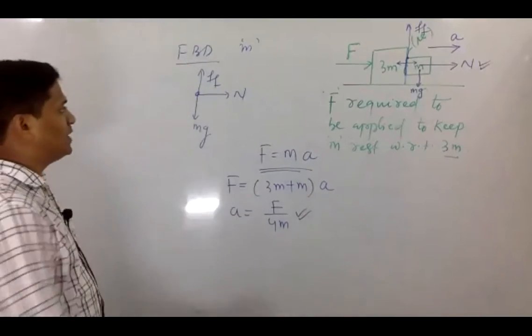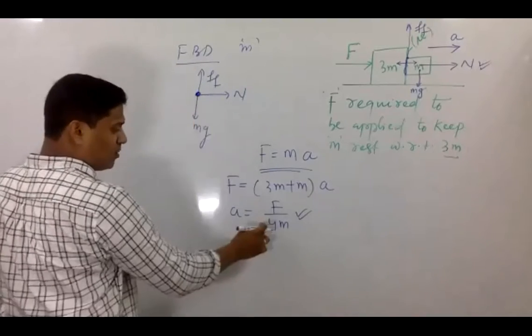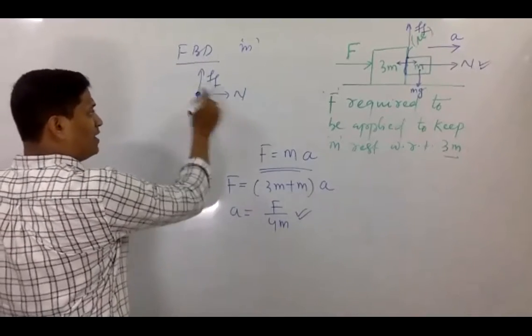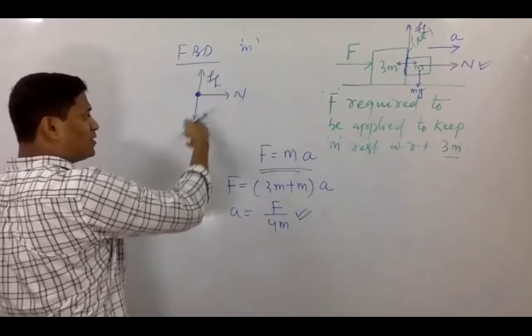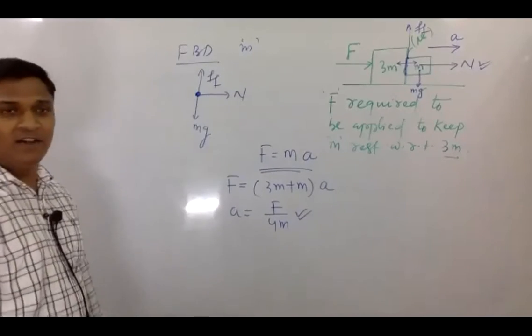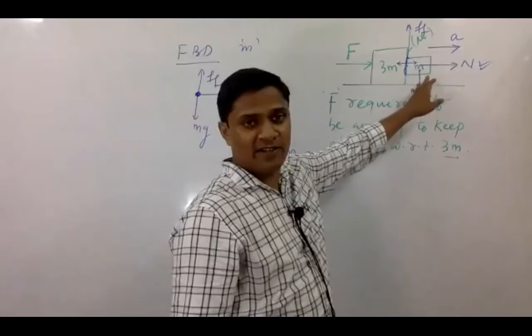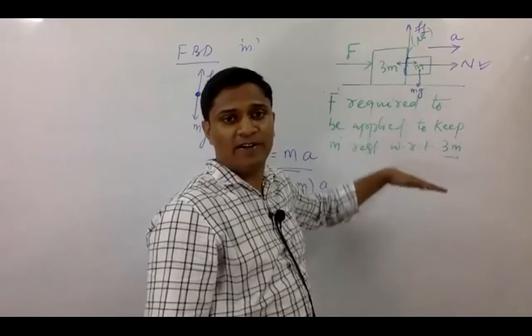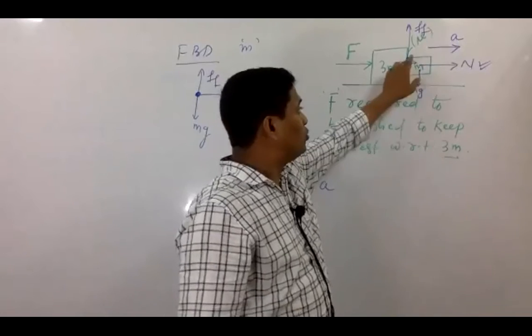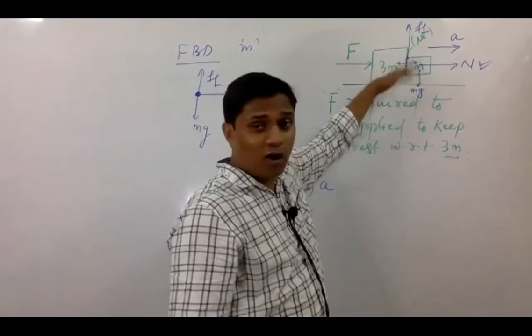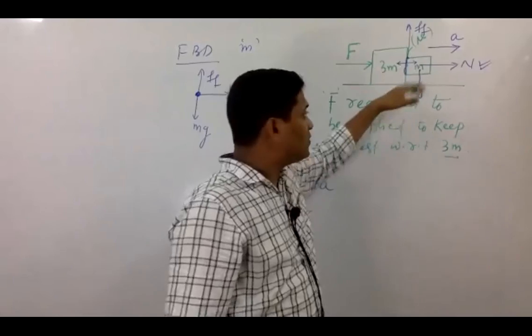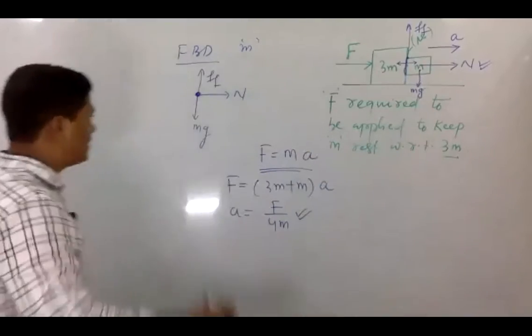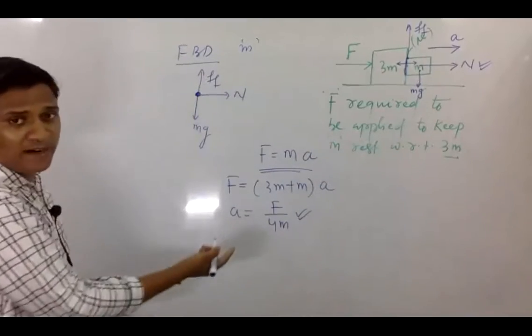And here you can see, students, this is the common acceleration and this is the free body diagram of the small body, and force of friction should be getting balanced by mg, right? So students, if this body is to remain at rest, the body wants to come down because of its weight, and that weight is mg. But due to the friction in the contact surface, the friction will not let the body come down. So that's why it does not slide, the body remains at rest. The condition for the small m to be at rest, yes or no?